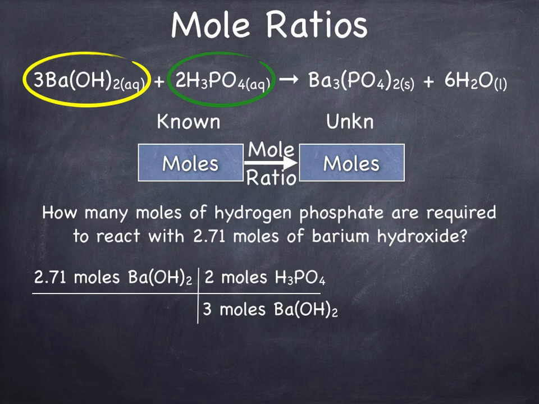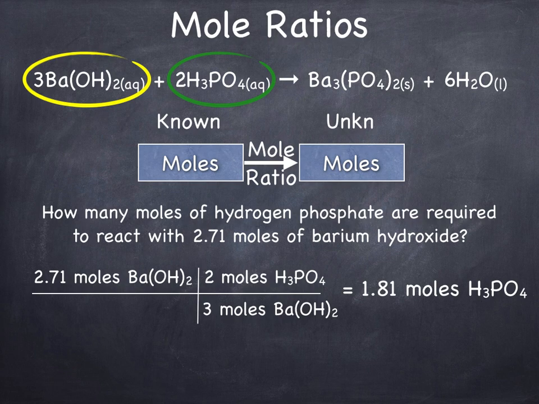And notice in our conversion factor here, the units are both moles. So if you don't label each measurement with both a unit and the substance for which you're referring to, you're going to have a hard time doing this conversion step from your known to your unknown. So we have 2 moles of phosphoric acid on top. We have 3 moles of barium hydroxide on the bottom. And if you multiply across the top, divide across the bottom, you're going to end up with 1.81 moles of